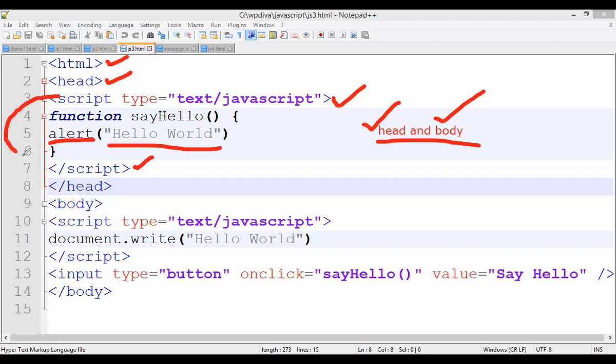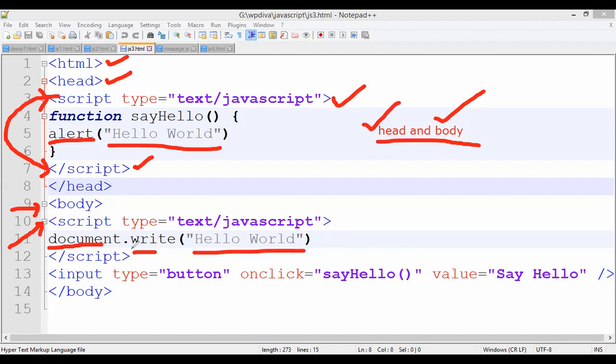So here you can see the script is closed, which is written inside the head tag. Next you are going to open the body tag, students, and in the body tag you are going to write one more script tag. The script type is equal to JS. And here you're writing a message, document.write hello. What happens, students?